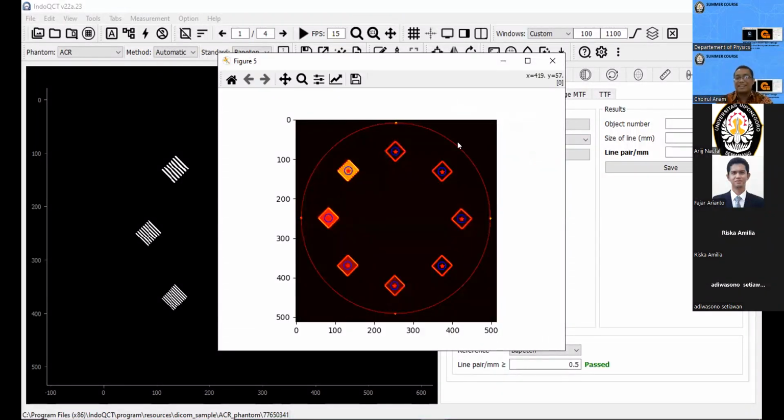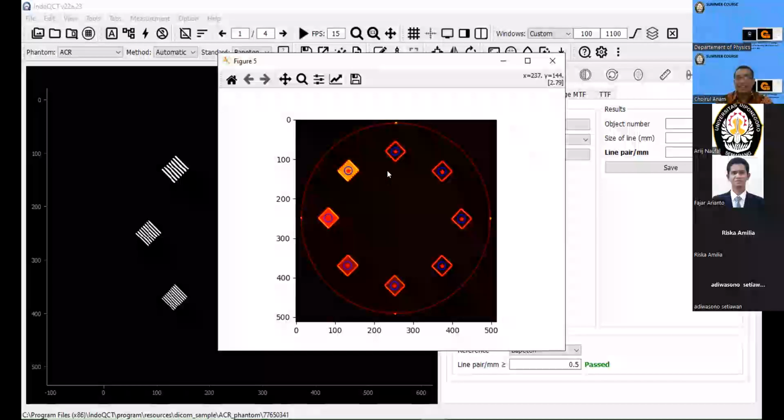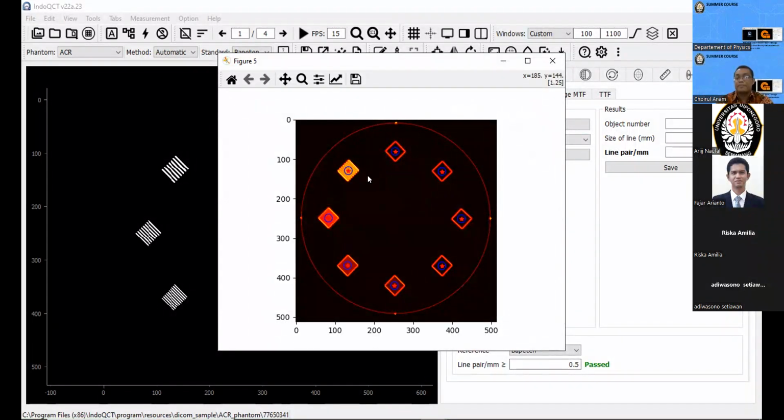This is the standard deviation map, and then we measure the values of the standard deviation map within its object, and we use certain criteria to determine the standard, and we get these values.